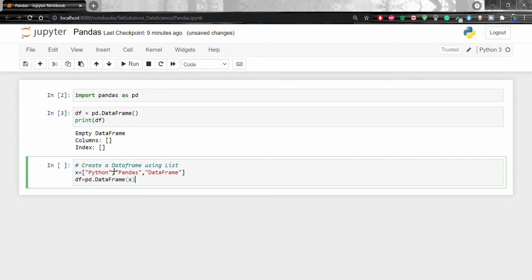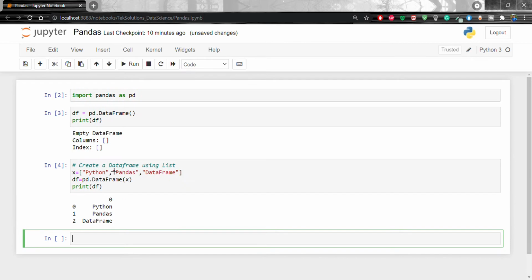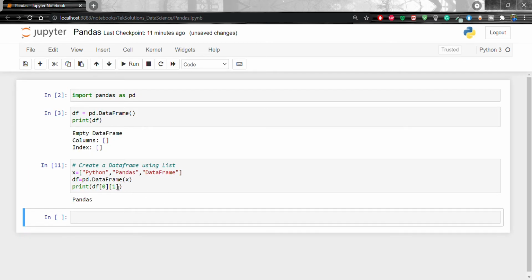I'm going to pass x and then print the data frame. Shift enter, right? We have the rows 0, 1, 2. We have only one column, with Python, pandas and data frames. Okay. So if you are going to get the value Python only, you have to pass row 0 and column 0. Shift enter. Right? Pass 1 and you get pandas. If you pass 2, then you will get data frames. Okay.